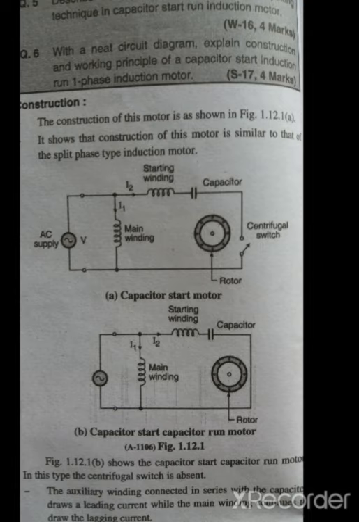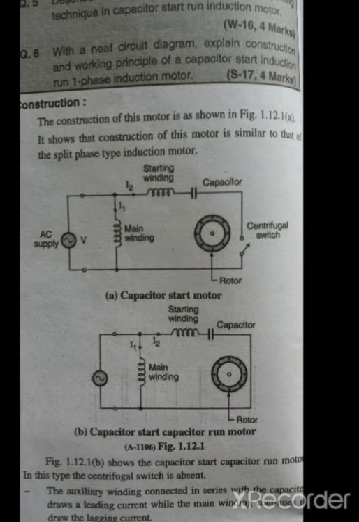The speed of the rotating magnetic field is calculated by Ns. Ns is synchronous speed and it is equal to 120 F by P. Here F is the frequency which is supplied to the stator and P is the number of poles. If we have to calculate the number of poles, we can rearrange the equation and calculate the number of poles. There are so many basic questions depending on this formula, so everyone should know this formula of synchronous speed. This synchronous speed is calculated in RPM. RPM means revolution per minute.